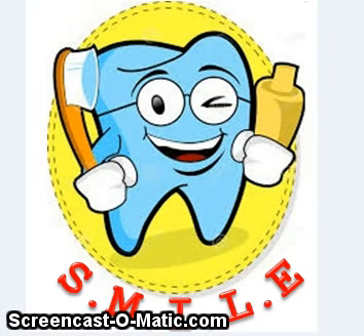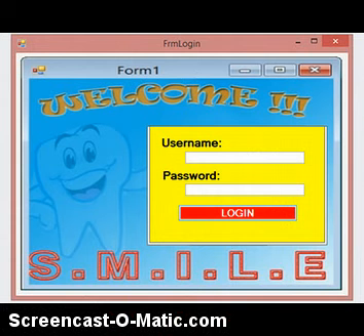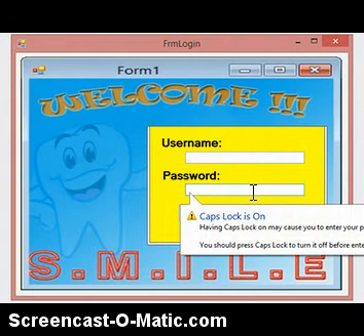To explain how SMILE works, we first have to log in. Okay, this is our login form. As you can see, we have the username and the password. If you are a dentist, you can put your username here and your password here.